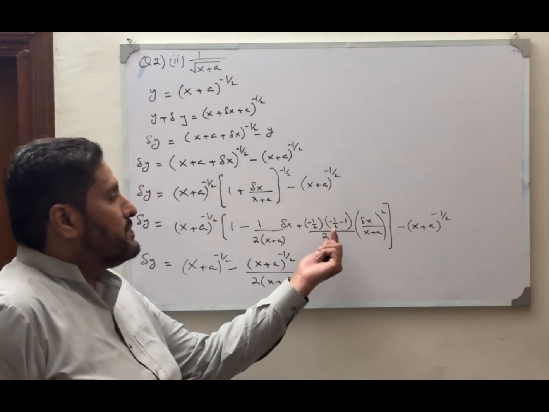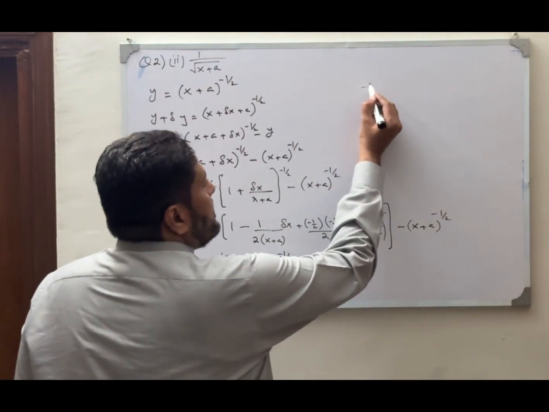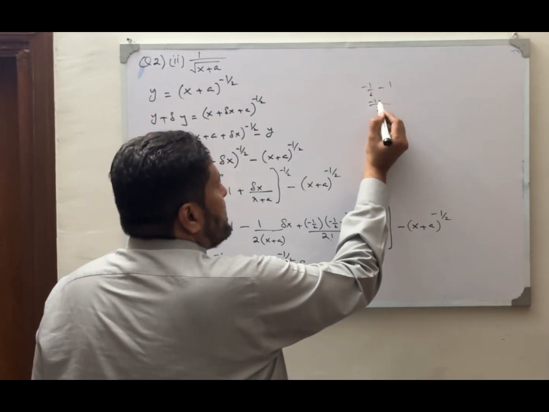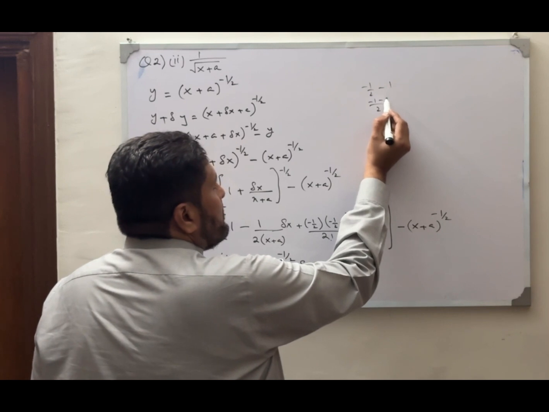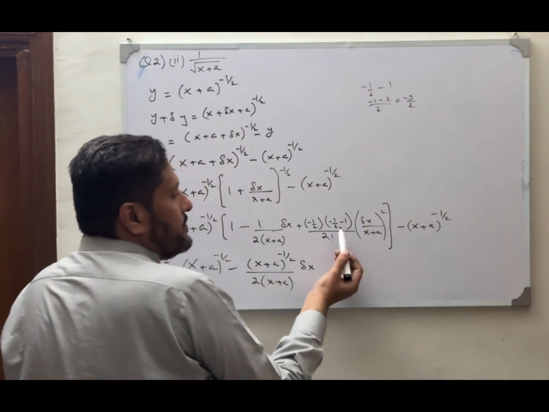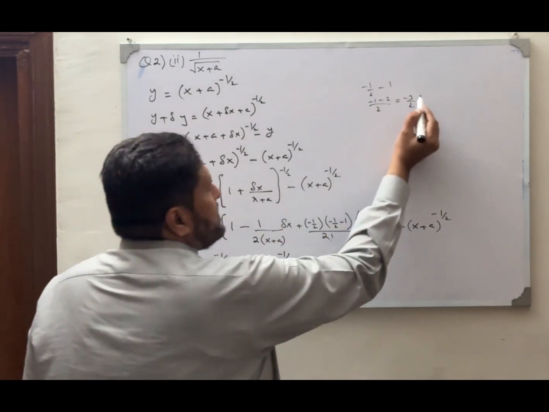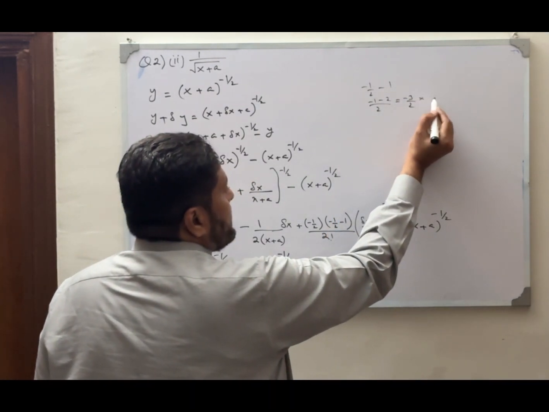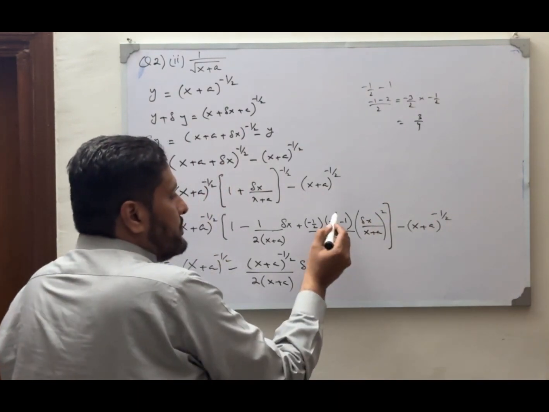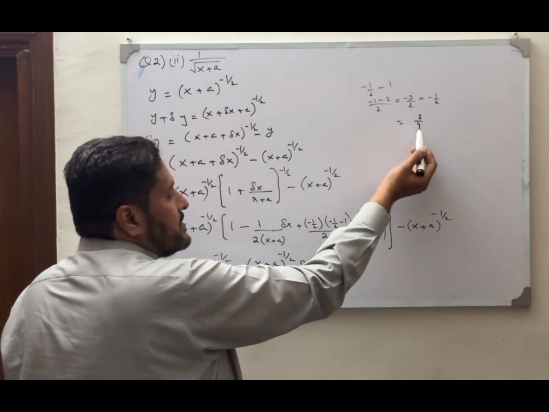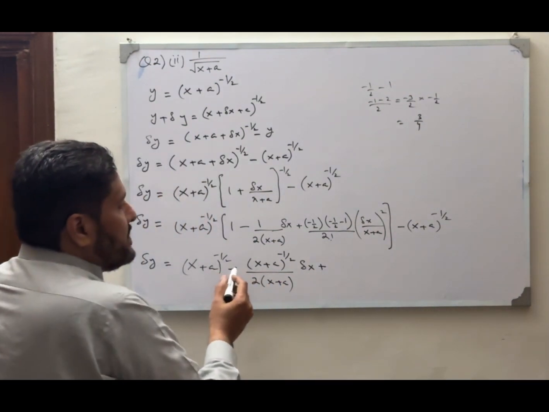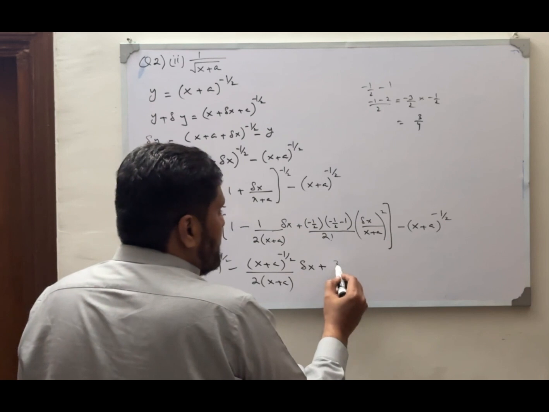Now we simplify this one: minus 1 by 2 minus 1, that is equal to, we take the LCM 2, so minus 1 and minus 2, that is equal to minus 3 by 2 for this one, and then minus 3 by 2 multiplied by minus 1 by 2, that is equal to 3 by 4. For this whole term we have a result of 3 by 4, so we write it as (x + a) power minus 3 by 4 into